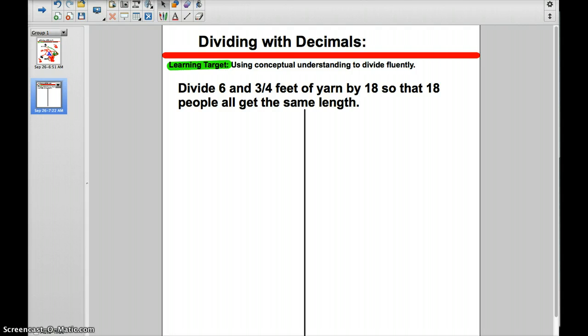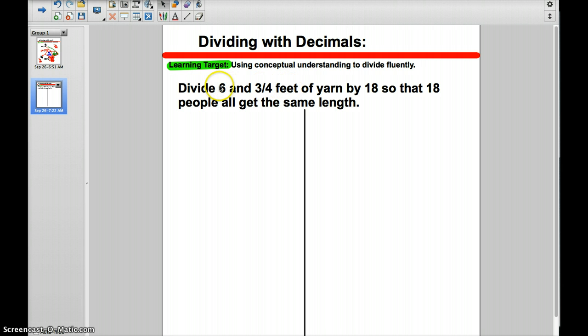In this case, we're still using our conceptual understanding to divide fluently, and I'll show you an example of that. I'm also teaching you more division strategies if you don't have them already. A lot of us do have a strategy. Sometimes we just have difficulty applying the strategy when we have a number that's smaller and we're dividing it by a number that's larger. This is a problem much like the previous one in which the dividend is smaller than